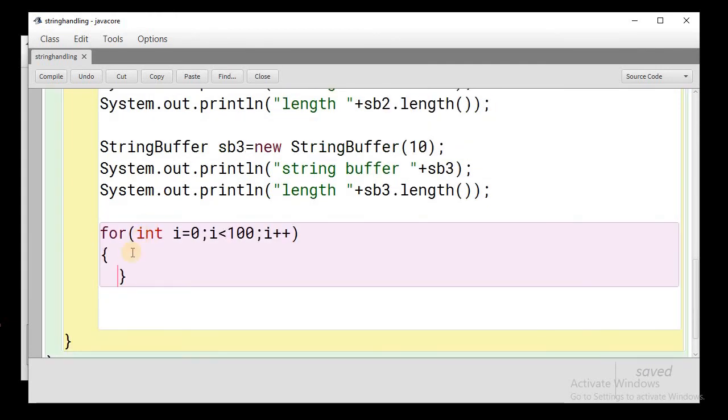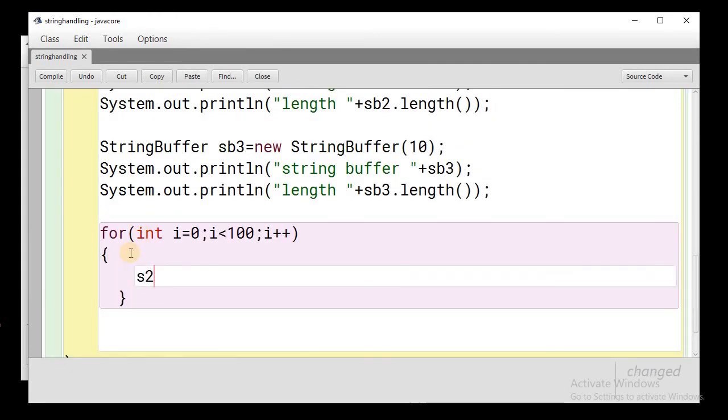So if we are writing here s2 and we are giving some other value, let's say anything, tech Java.